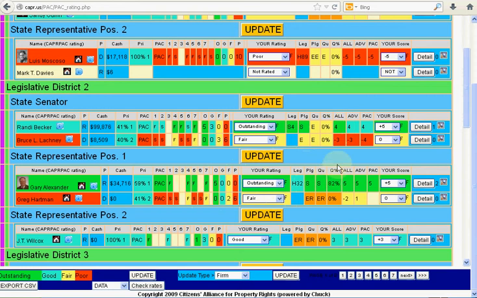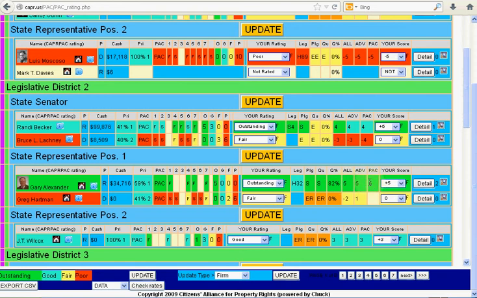The percentage of the questionnaire tells you how well they did. The bigger the percentage, the better they did. The next three boxes are average scores. The All is the average of everybody. The Average is the average of your pack, and then the Pack is the actual rating of your pack for